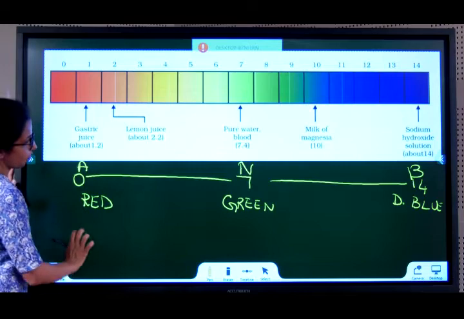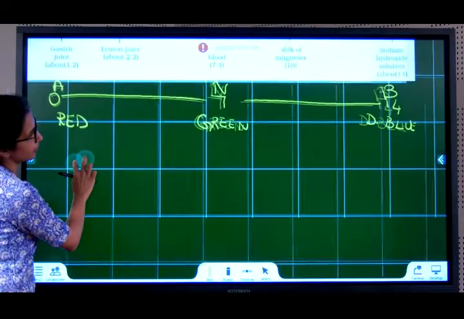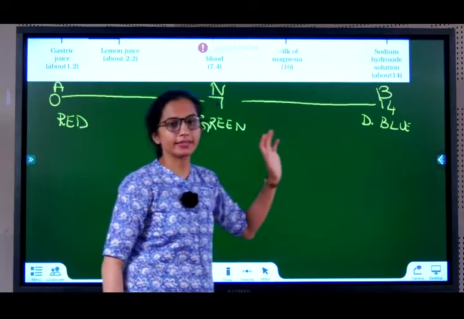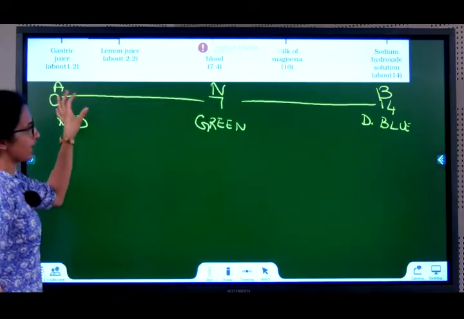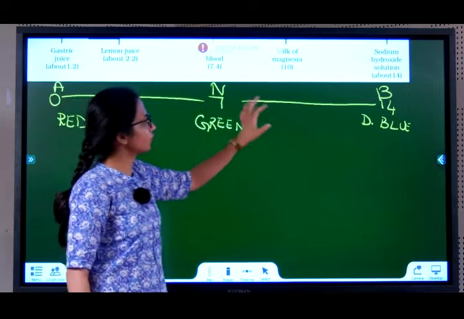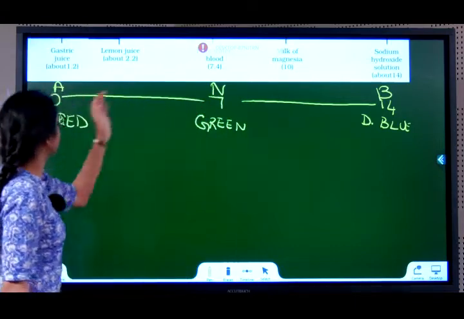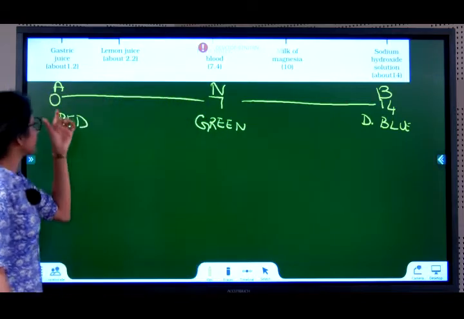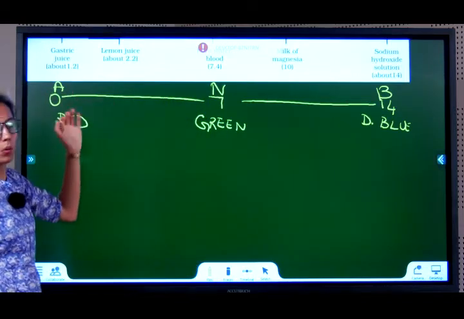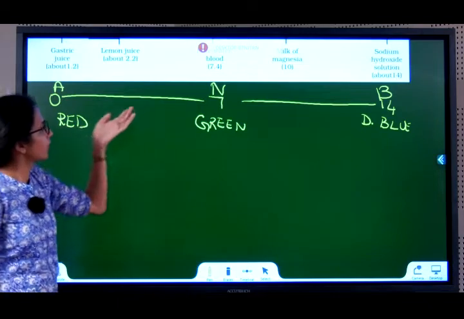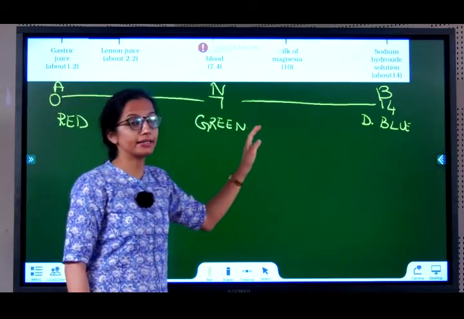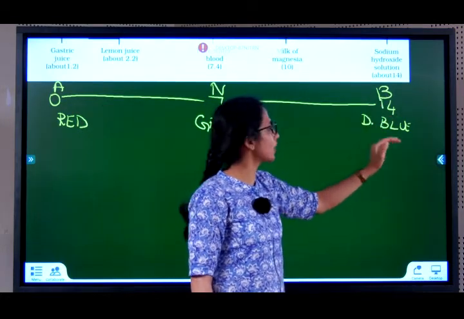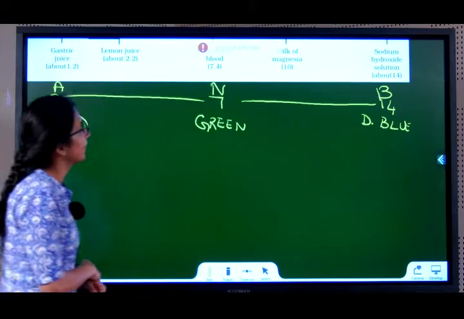Now concluding the above two diagrams that we just learnt, I can say acid, neutral substance and a base. 0 is for acid, 7 is for neutral, 14 is for base. Anything between 0 and 7 is acidic, anything between 7 and 14 is basic. If it is moving towards 0, the color found is reddish. If it is a neutral substance, green color. And if it's moving towards base, that's 14, higher pH value, it's found to be bluish color.